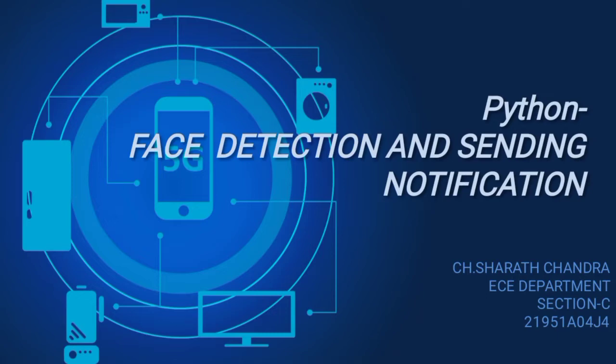My topic is face detection and sending notifications. Face detection is a new technology where, if anyone uses our mobile or PC, it detects a wrong person. If anyone other than me uses it, it detects them and sends a notification to the owner by mail or with a normal SMS. Coming to the topic,